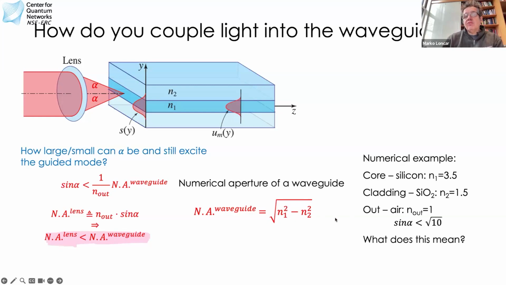So this is kind of square root of 10, and normally numerical apertures of the good lenses are less than 1, and if you put them in a medium, like in some sort of fluid, they're maybe just above 1, between 1 and 2. So this condition, it turns out, basically you want to have as high a numerical aperture lens as you can, while making sure that this condition is satisfied. Okay, so that's one of the ways, and typically, as I said, we use lensed fibers to do this,